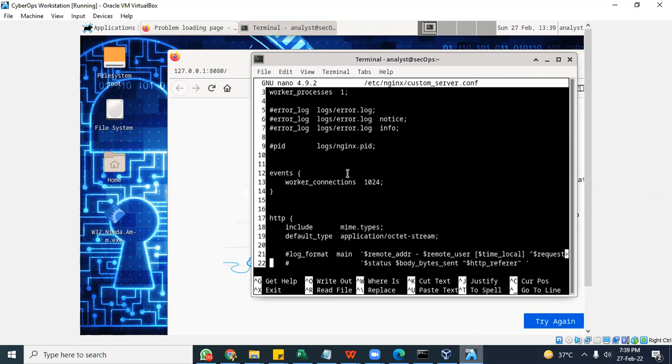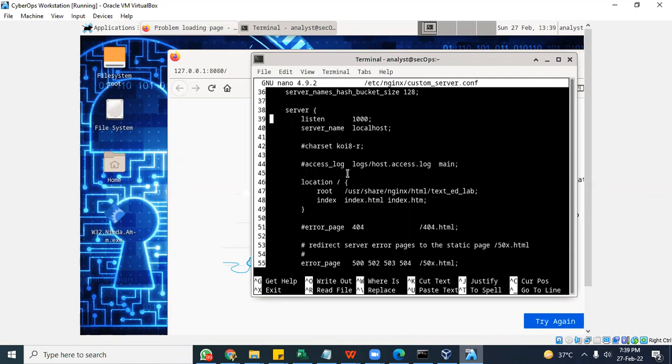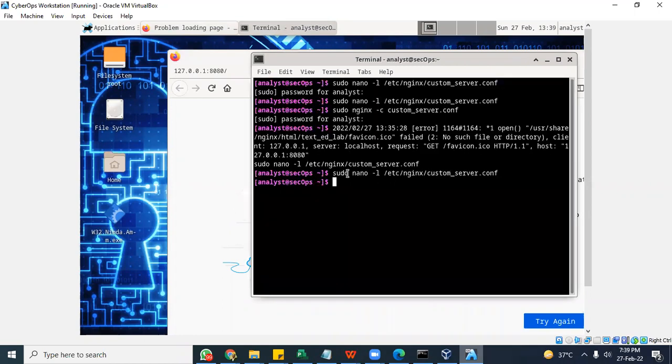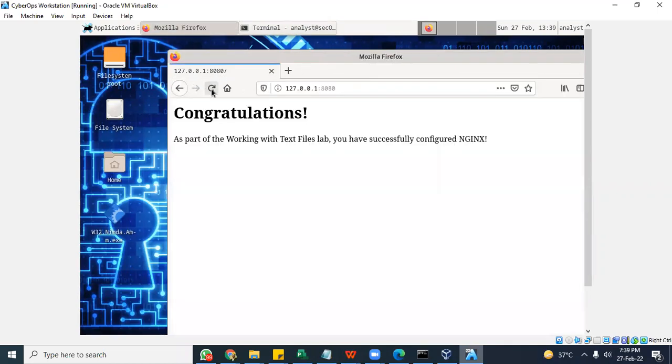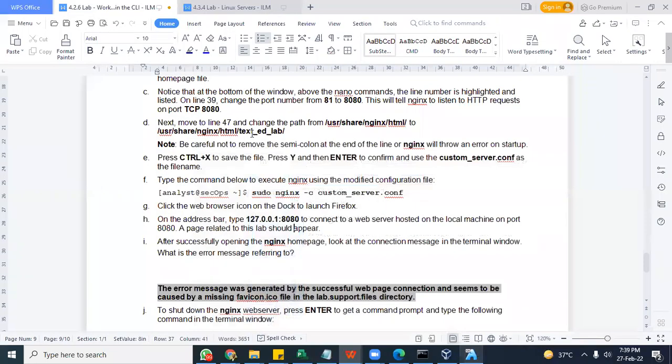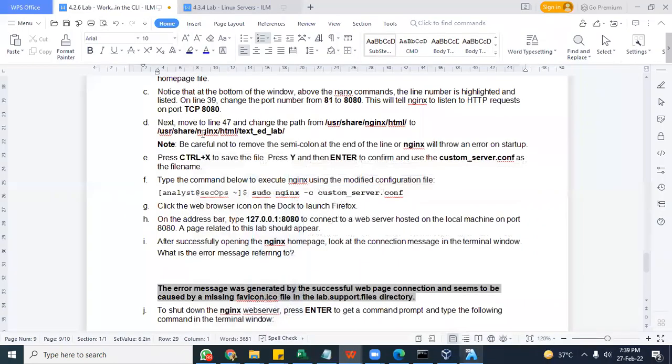Let me go back and change it back to the default 8080. But what I would do now, from what we've learned so far about editing files, is we could save, Control X. Let me try this 8080. Yes, still okay, working. So this is the file. We can see how to edit this file, because that's what is showing this congratulatory message. So I could do,